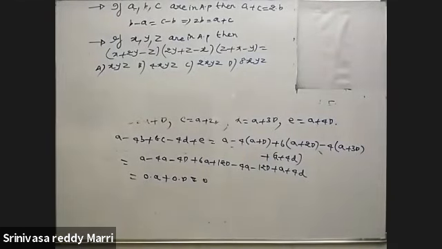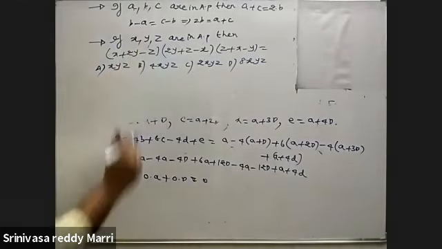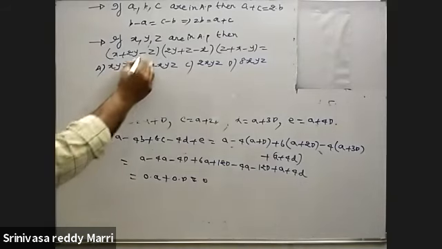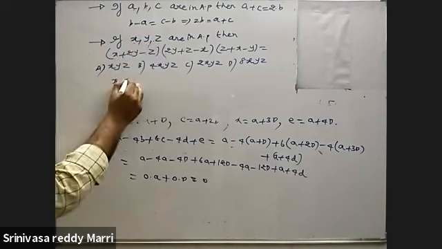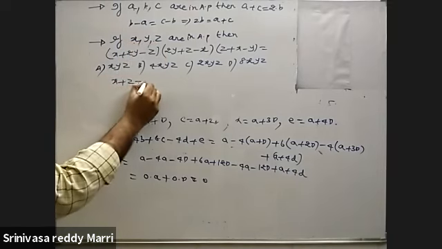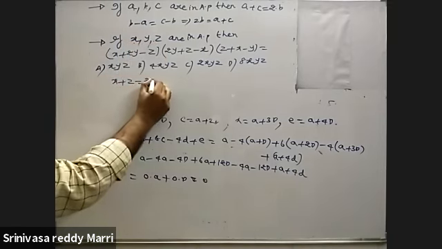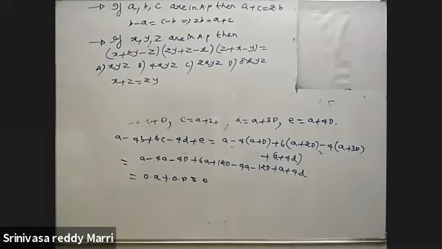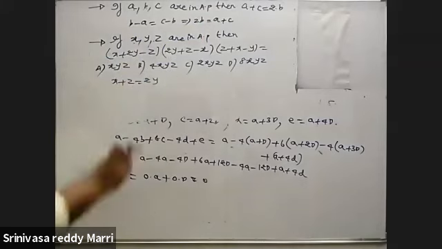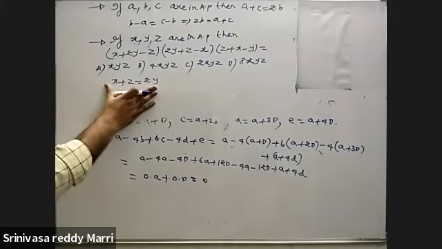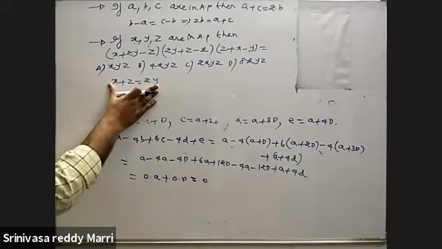So three numbers x, y, z are in AP, given. If three numbers are given, our approach will be writing the relation: first plus third equal to 2 into second. So this relation will hold good. If a, b, c are in AP, what is that? a plus c equal to 2b. Similarly here, x plus z equal to 2y. If we approach like this, it will become easy.